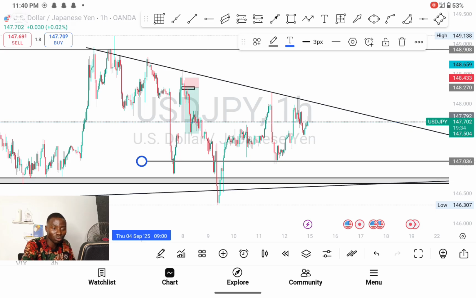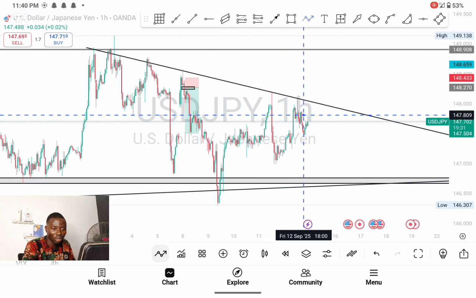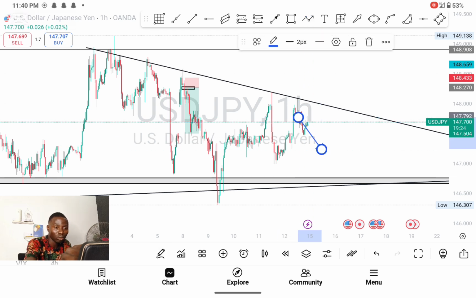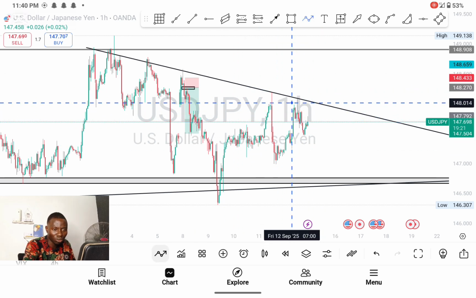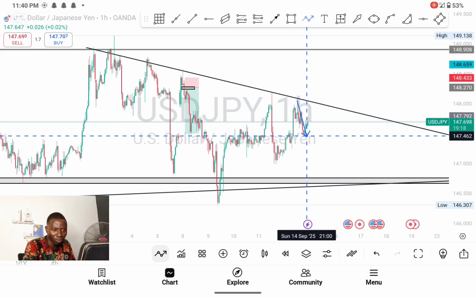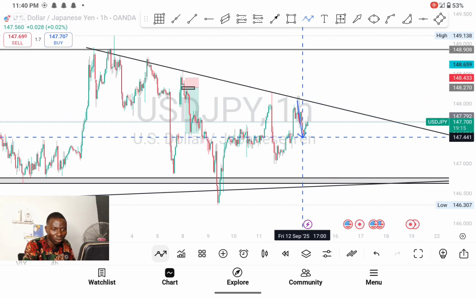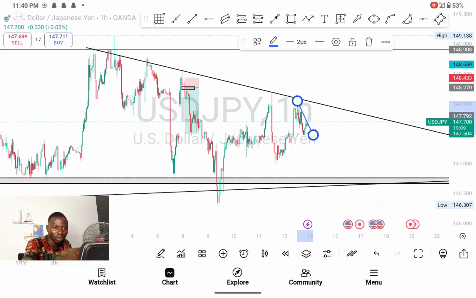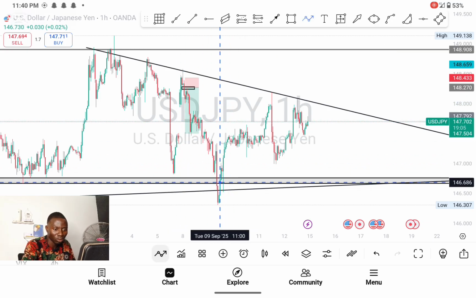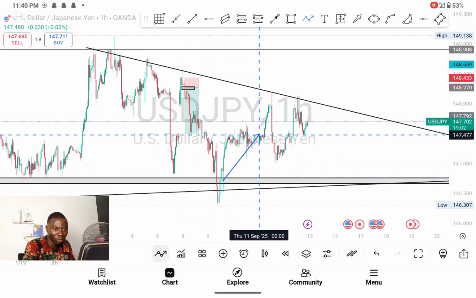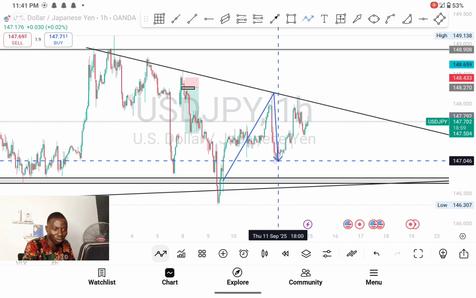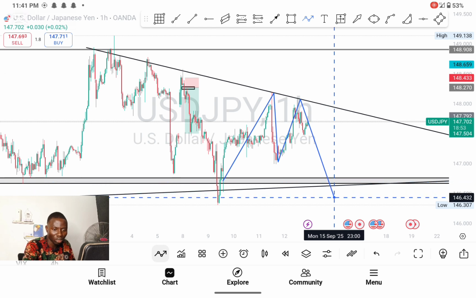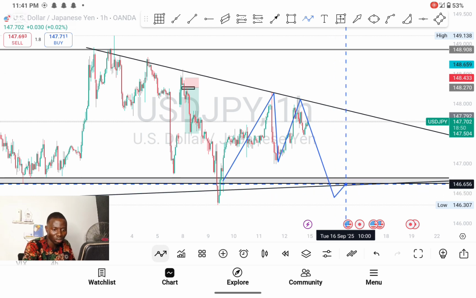Let me just analyze it clearly for you guys to see something. Maybe the chart will do something like this. It will go from down here up to this level again, maybe just to break to this place. You understand?